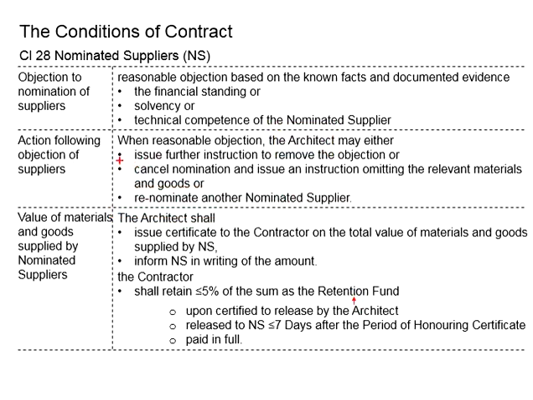The third possible response by the architect will be this one. It falls somewhere in between the first and the second option, where the architect still intends to keep this original nominated supplier, knowing the contractor is reluctant to work together with this nominated supplier. With that, the architect cancels the nominations and issues an instruction on making the relevant materials and goods under the